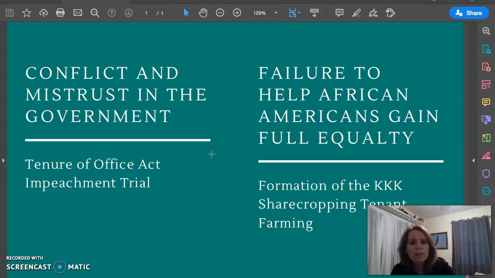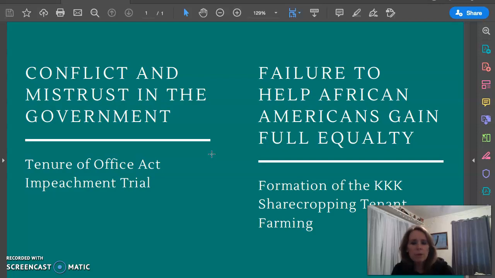And so in order to protect the integrity of the government, the radicals passed something called the Tenure of Office Act. And this said that Andrew Johnson could not fire any of Lincoln's cabinet members. And this was specifically intended to keep the people that Lincoln had appointed in office and to keep the government going in the direction that Lincoln wanted it to go, instead of taking it in another direction that Johnson may want it to go, that would create an easier path for the South to get back in the Union.